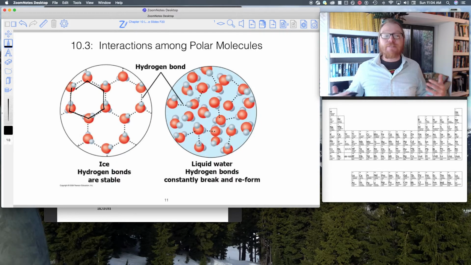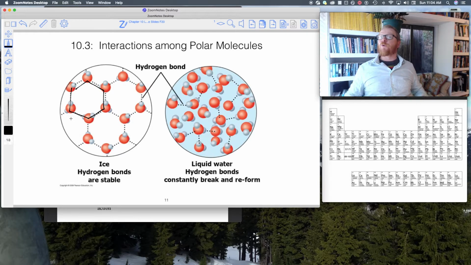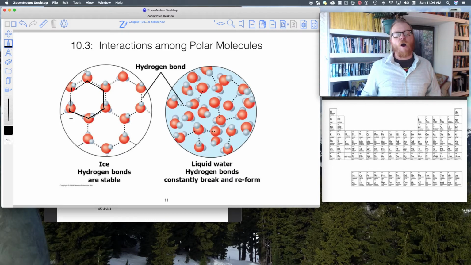This is what gives you that really cool looking snowflake crystal. And of course, no one snowflake is the same as another because occasionally this network gets disrupted. It's not a perfect hexagon all the way through. Occasionally there are other ions that get embedded into that water crystal structure